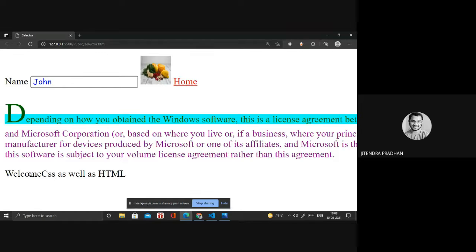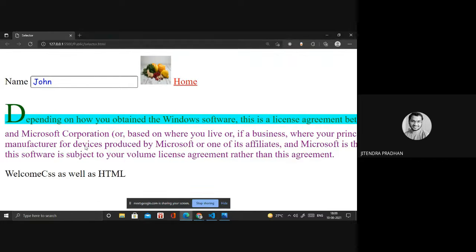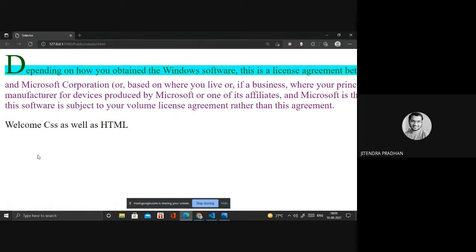If you want a space in between, like between welcome and CSS, then you have to give a space right after welcome and before CSS, and it will give the space in between. So here we are using the before pseudo element selector, and after we are using "as well as HTML". By using that we can do this.